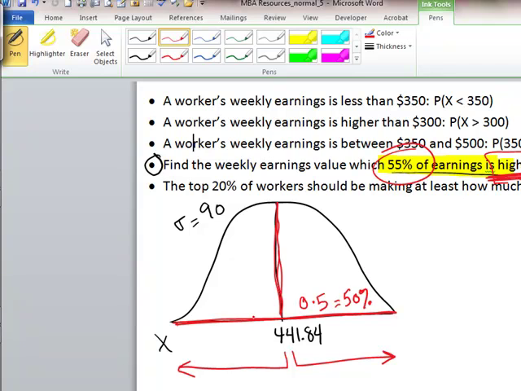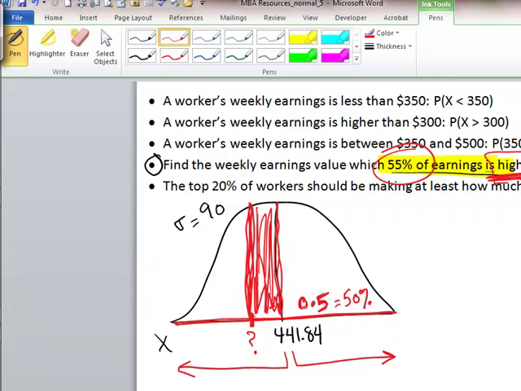That means that that x value, which is unknown to me and I'm solving for, must occur to the left of the mean, so that the area between it and the mean will be added to the 0.5